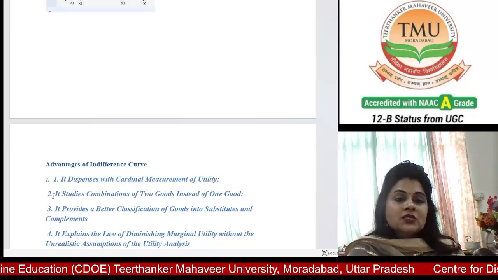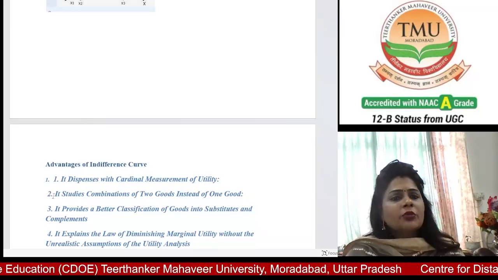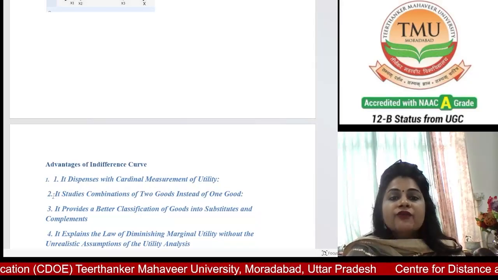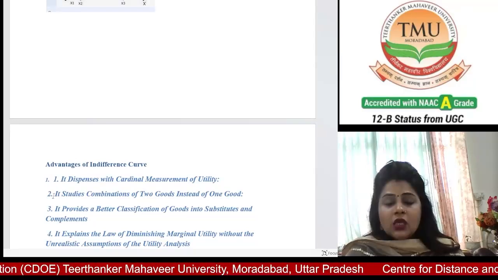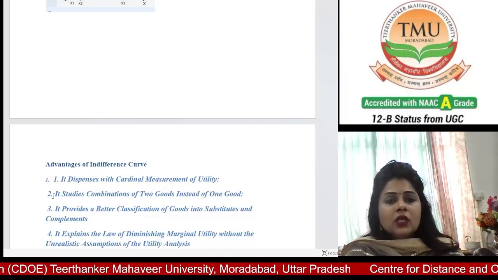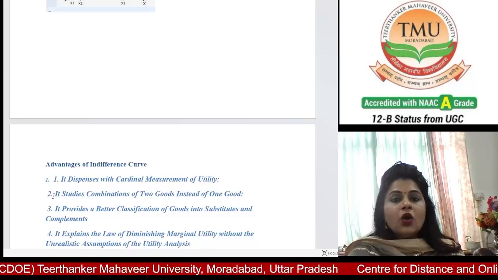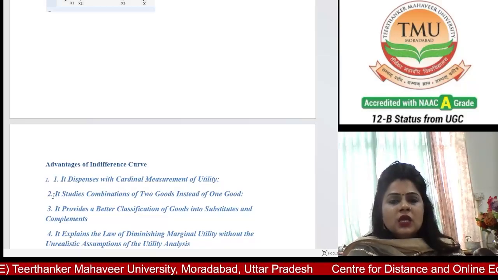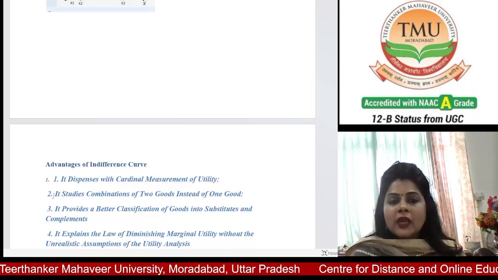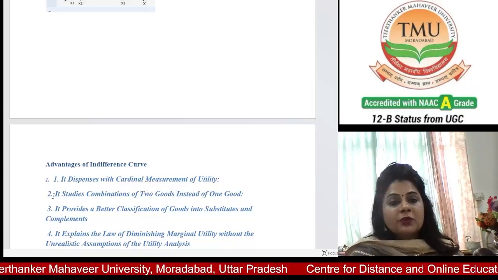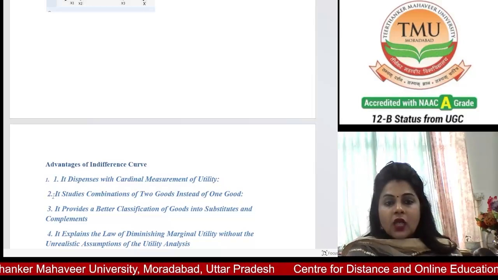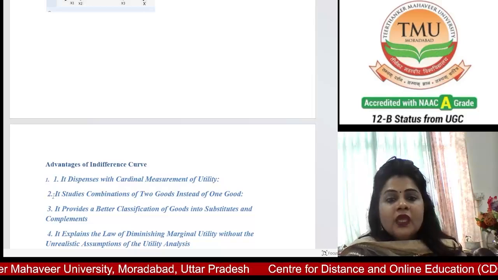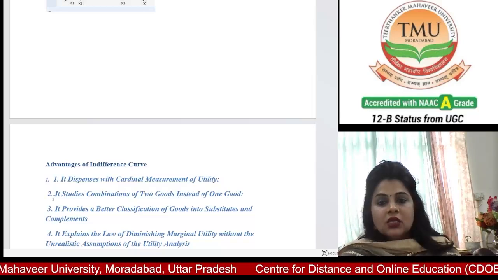In the ordinal concept, the consumer arranges the various combinations of goods in a scale of preferences marked first, second, third, etc. He can tell whether he prefers the first to the second or the second to the first, or he is indifferent between them, but he cannot tell how much he prefers one to the other. The ordinal method and the assumption of transitivity make this technique more realistic. Next,